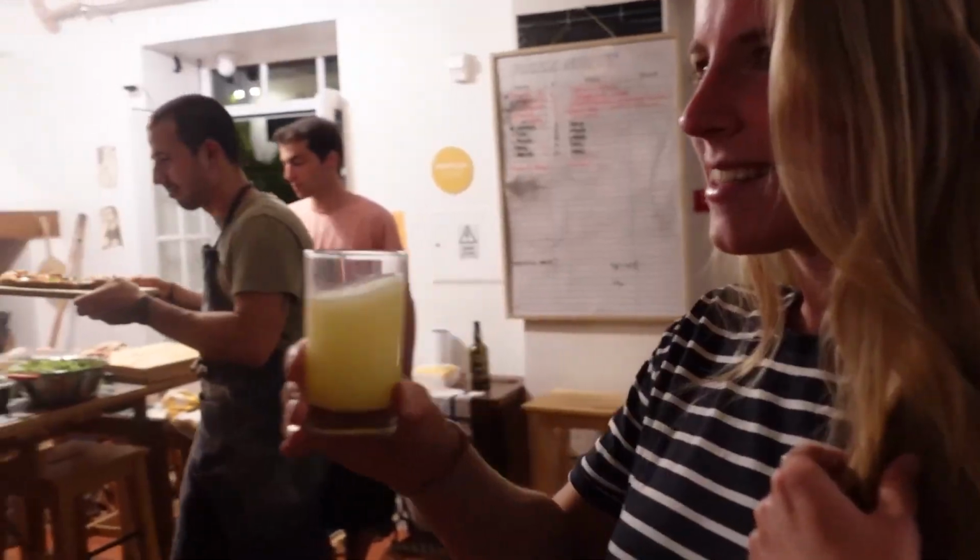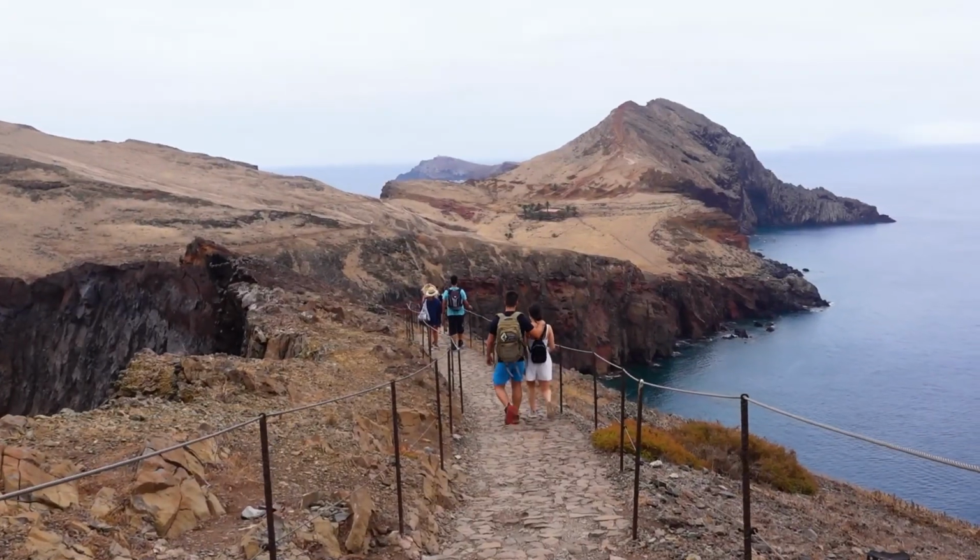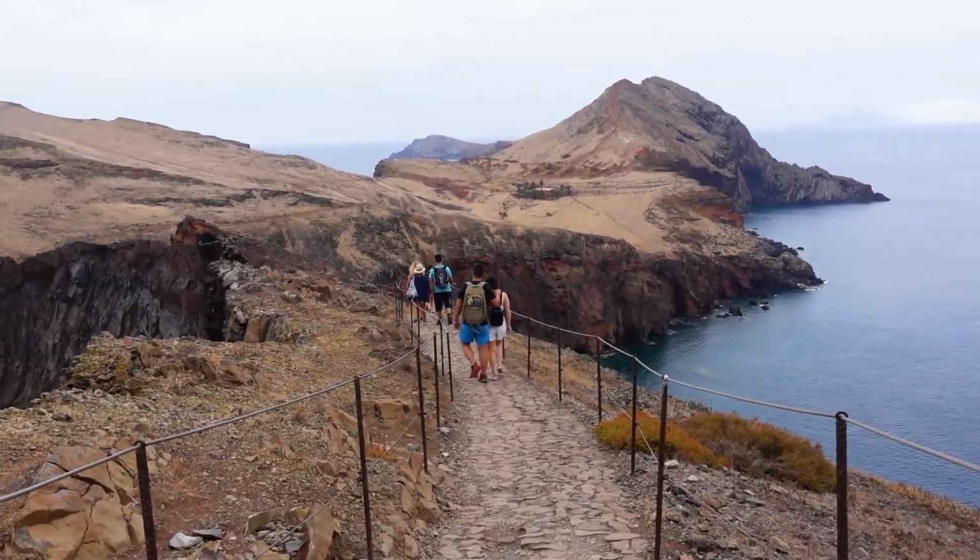It's been so easy to meet other travellers and make friends, and you can probably hear how sociable it is outside at the moment. But we have made some plans for tomorrow again with our friend Els, who again we've met here at the hostel, and it is going to involve a hike that we're going to start off in the morning. So we're not going to stay too late tonight with this,